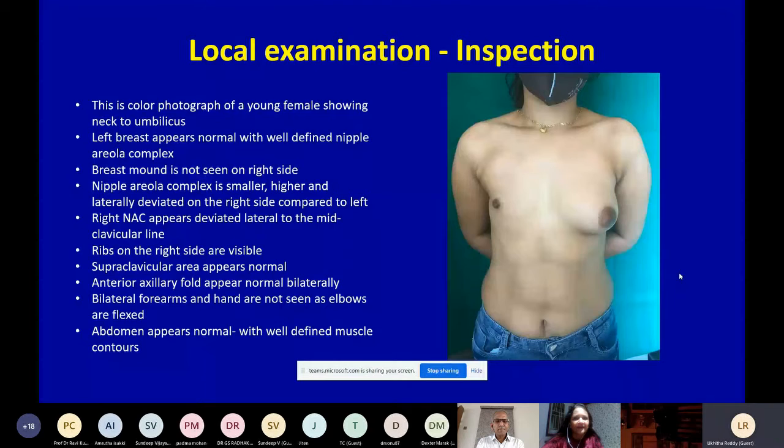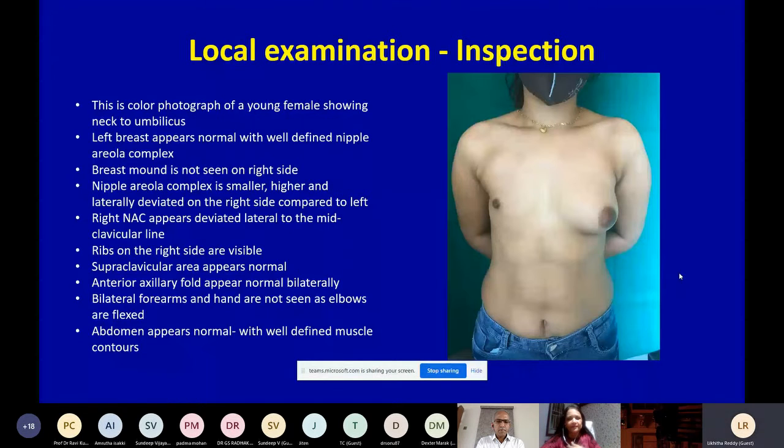But the other features are not very... Of course, you cannot have all the other features. In male children also, you don't get all the other features. Also, sometimes there may be abnormalities of the metacarpals, and along with that, chest wall muscle may be absent a little bit, not very pronounced also.